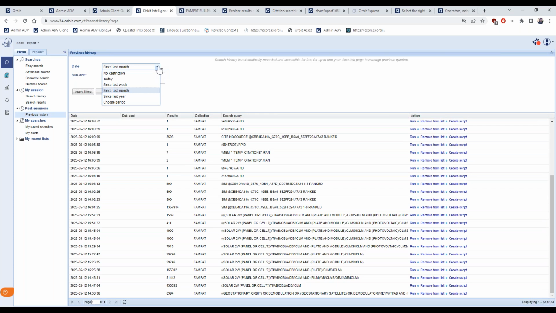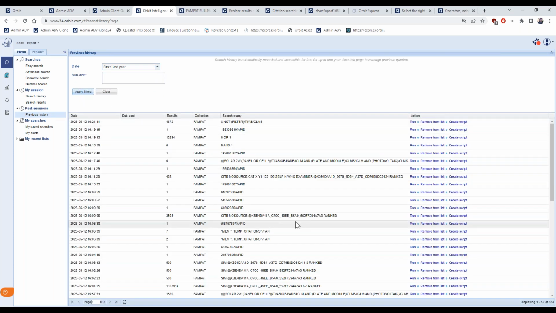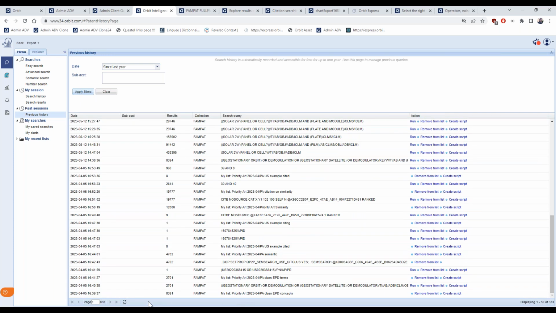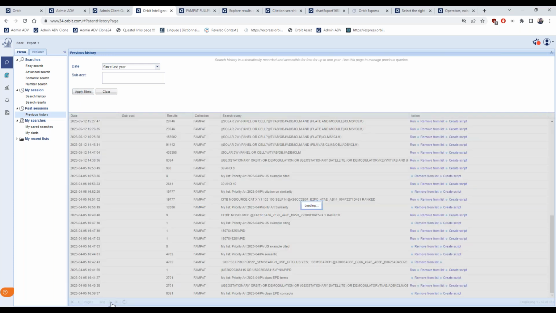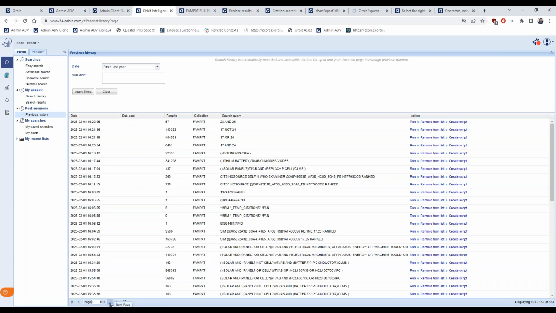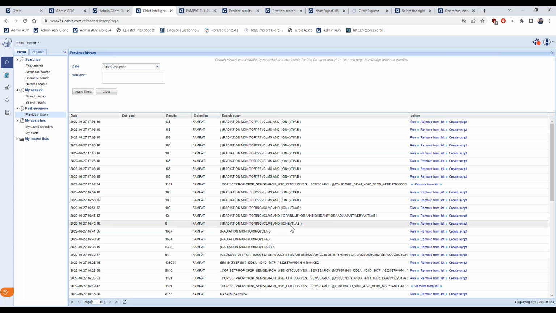And then let's say maybe I'm sure that I ran a query in the past. Like, go and try to find something. Radiation monitoring. Okay, so I would like to run something like that.